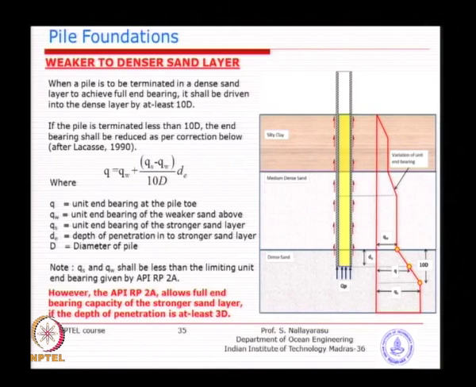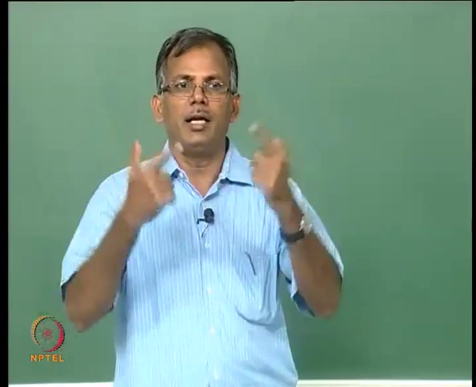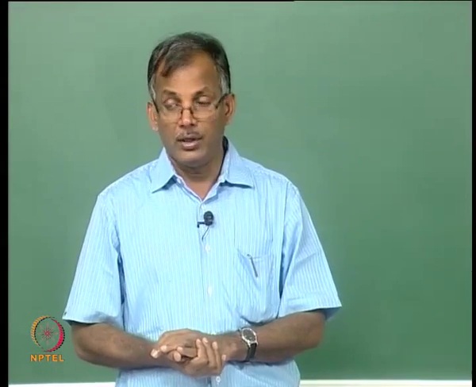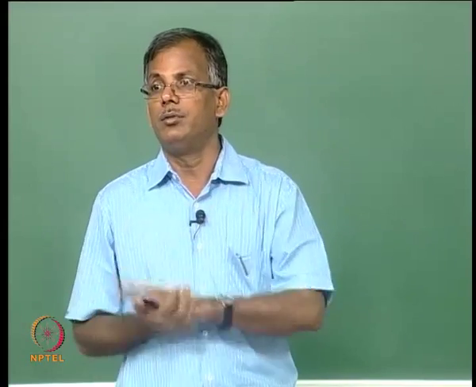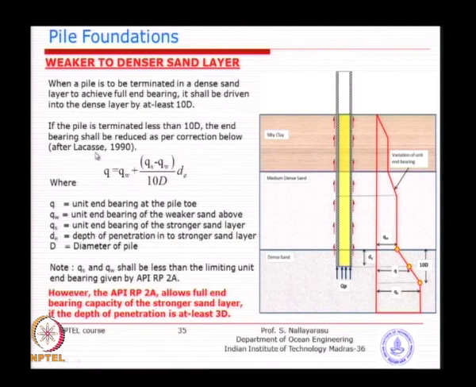So, normally when you try to install a pile foundation, whether it is a concrete pile or a steel pile, if you are able to achieve at least 3 diameter, then you can take the capacity of that layer. If not, you have to use the weaker layer or interface or interpolate between the weaker layer to the stronger layer. So, that is the message proposed by Lacasse in one of the geotechnical journals, which has been followed, in fact everybody is doing this nowadays, except that API has reduced that idea from 10D to 3 diameter.